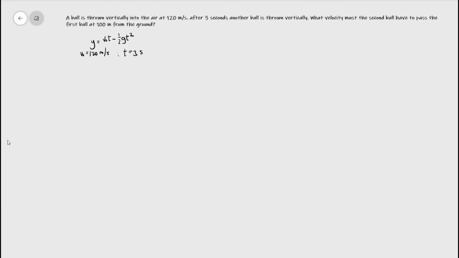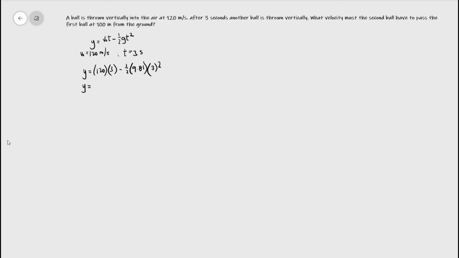So y is equal to 120 times 3 minus 1/2 times the gravity 9.81 meters per second squared times the time 3 squared. And solving for our y, or the height,